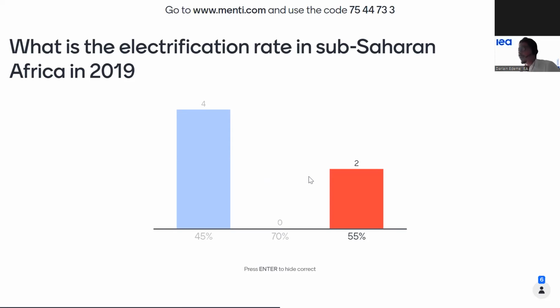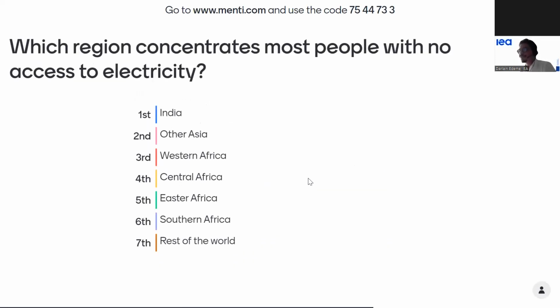Okay, so I will continue with the next question, which is: which region do you think concentrates most people with no access to electricity? So you have India, other Asia, you have Western Africa, Central Africa, Eastern Africa, Southern Africa, and the rest of the world. So just rank them. Again, this is a ranking question, so I give you a bit more time. You have to rank these areas,